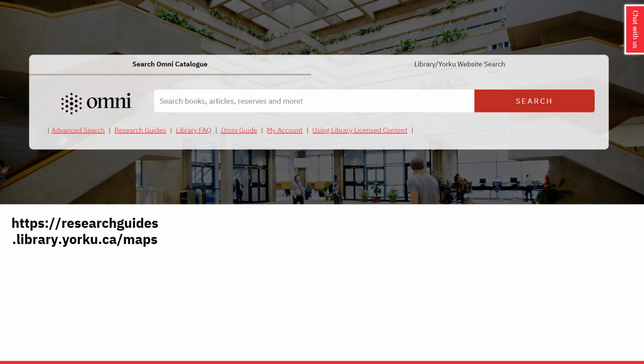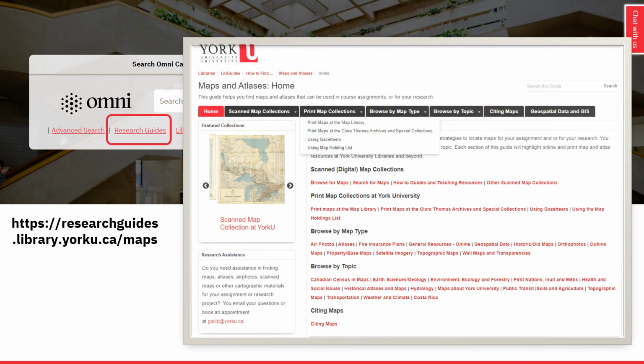We will describe how to search for maps in later modules, but note that by accessing the Maps and Atlases guide available from the Research Guide portal on the library homepage, you can select the Print Map Collections tab to view the map library's holdings list.